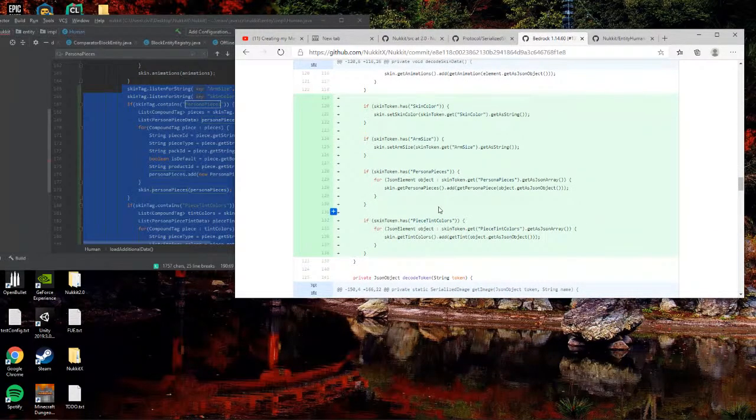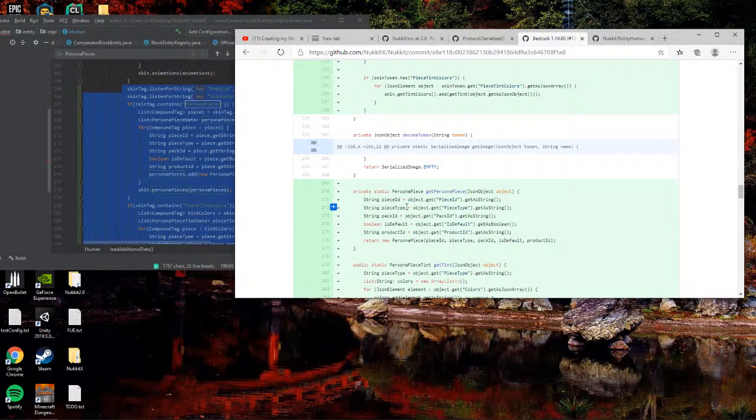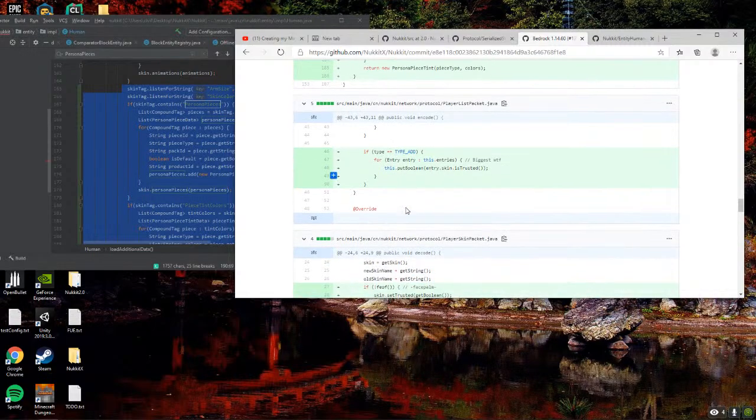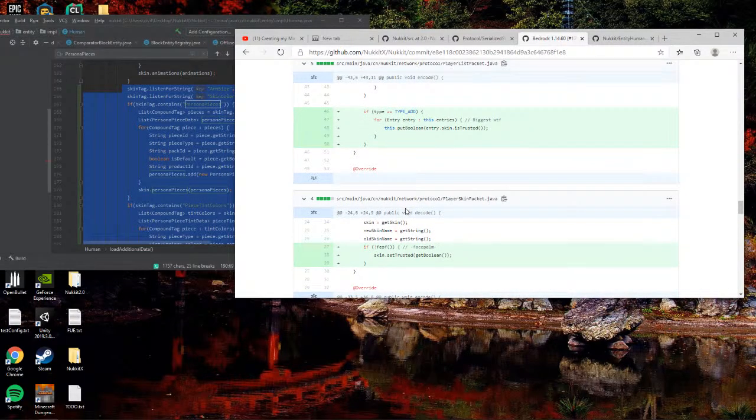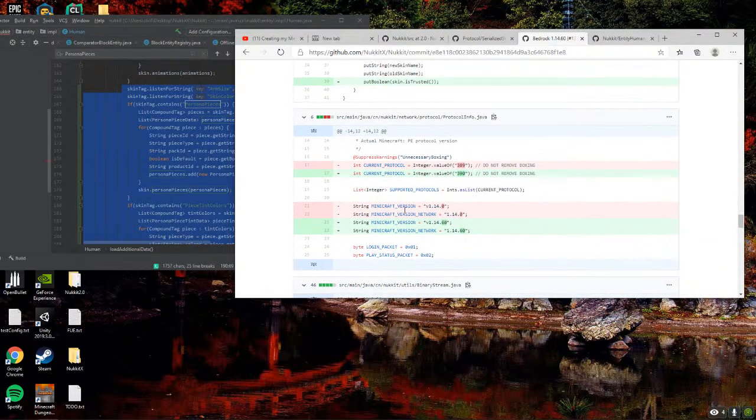This is already done. We don't need to do this. Not sure if this is done. I'm going to check that. And not sure if that's done. Yeah, we can't do that stuff.